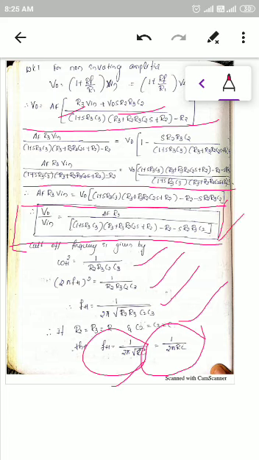And this is the equation to calculate the gain of the operational amplifier. It's very simple. First you have to calculate the VA value using the potential divider. Just go on simplifying it and find out VA, then substitute VA in the V0 equation and simplify it. You'll get the output voltage gain of a second order low pass Butterworth filter.